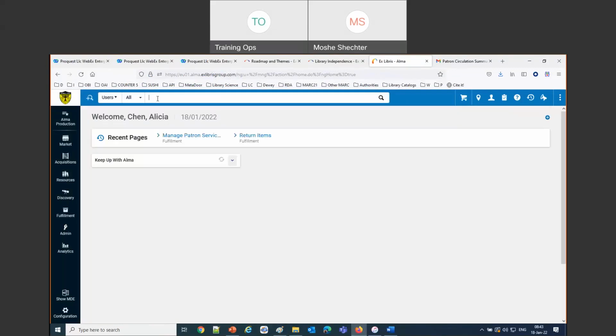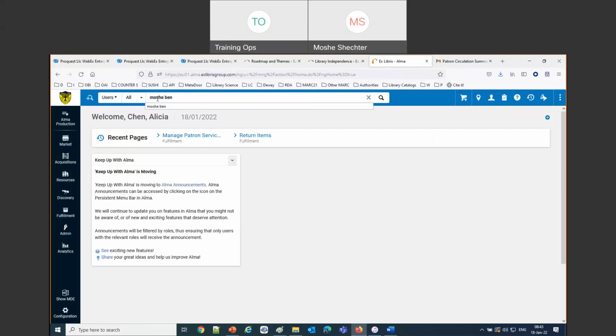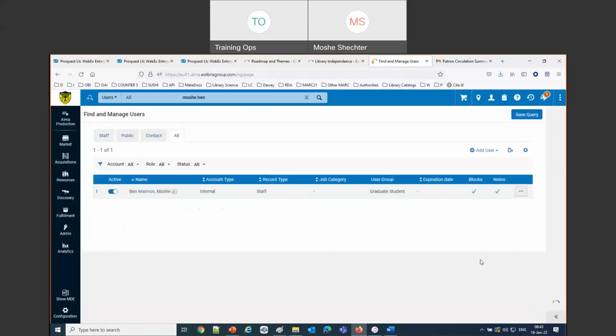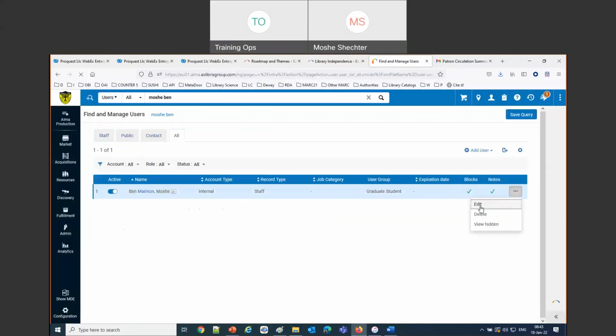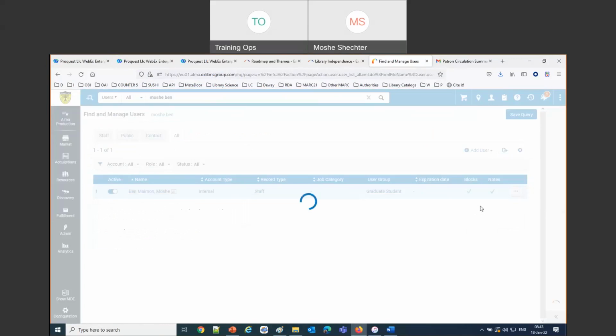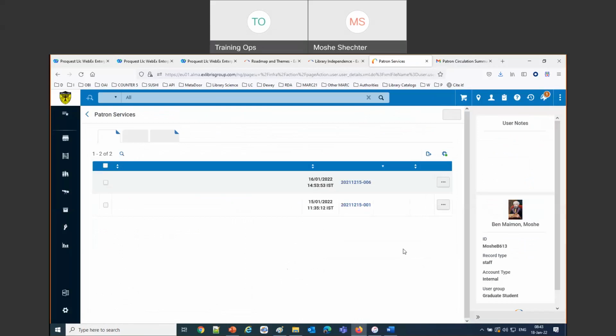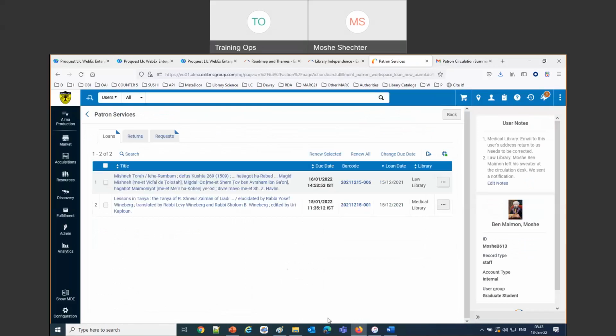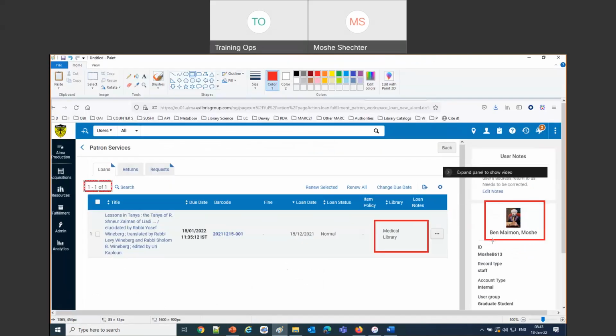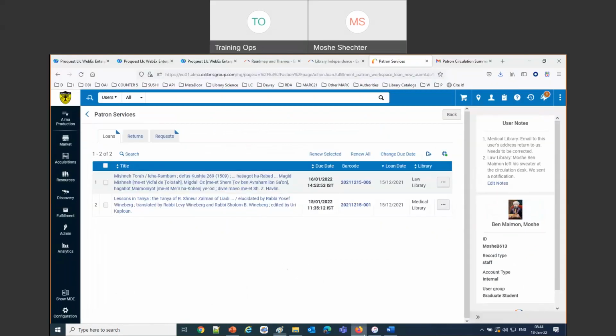She gets Moshe ben Maimon, edit, manage fulfillment activities, and sees both. Again, I'm going to compare it. Here's Moshe ben Maimon, only the medical library. This is Jethro Bodine, and sees the medical library only. Alicia sees them both, law library and medical library.